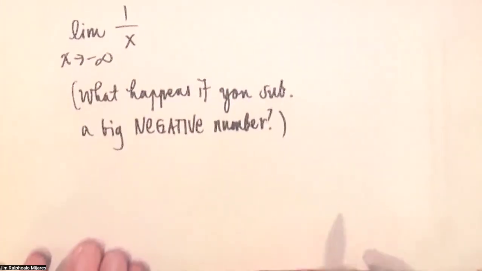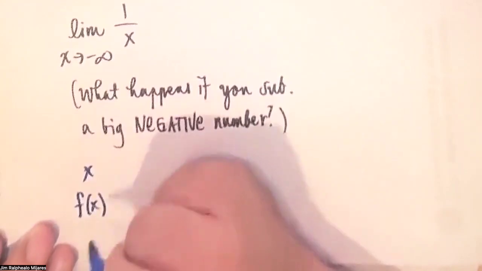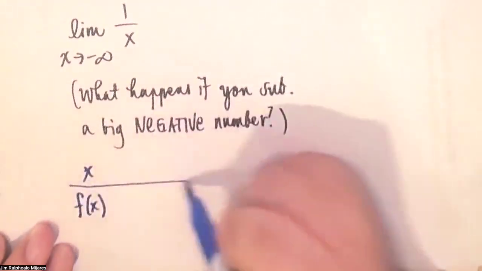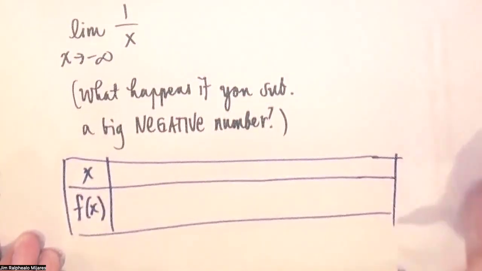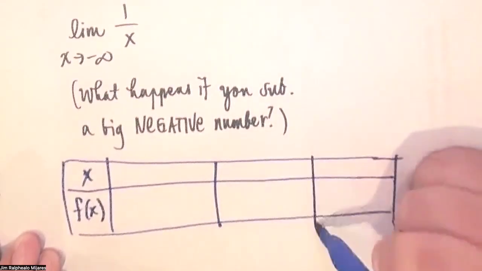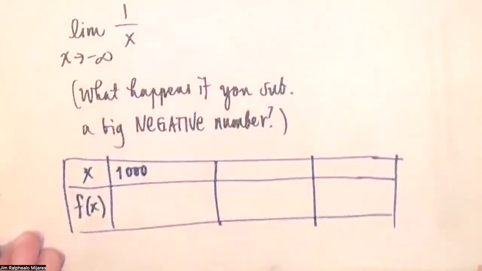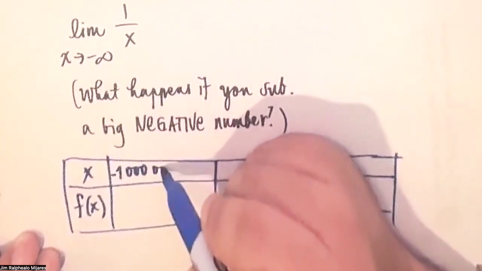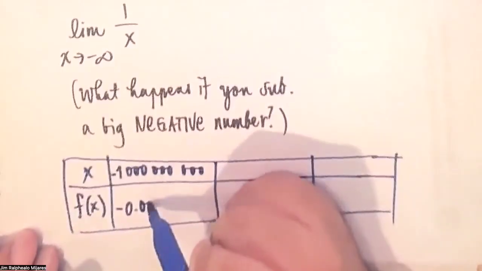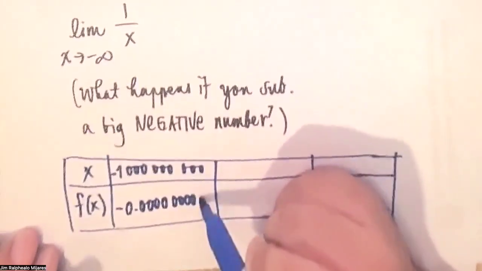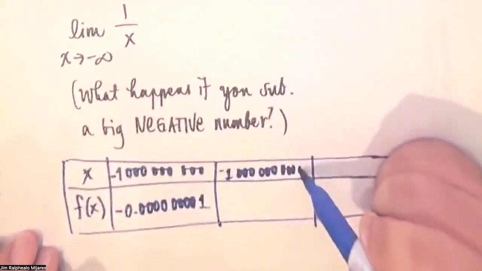Okay. Now, for this one, for completeness sake, let's do a table, and let's consider very big numbers. Let's say very big negative numbers. So negative 1 trillion, for example. What will we get? It's a negative 0.0001, negative 1 quadrillion. We get